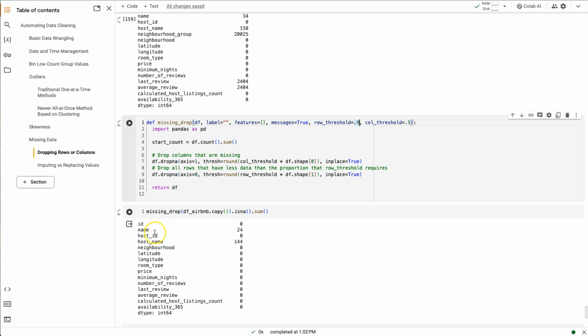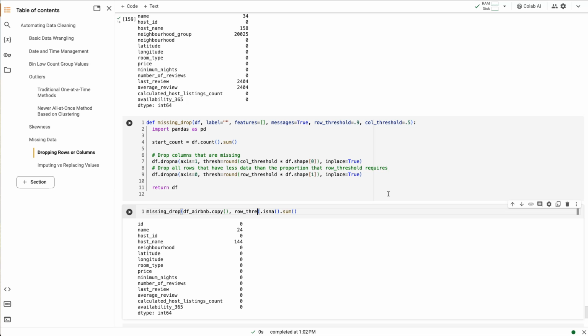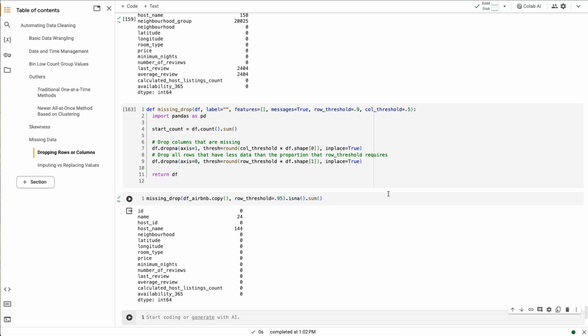If we wanted to get rid of some more of those rows, we could change that to 0.95 up there, or do this here as we copy it. .95. That one should have gotten us, oh, that means that the 24 missing here are different rows than the 144 missing there. Otherwise it would have gotten rid of those too. If we take it too high, it'll get rid of everything. There we go. But I just want to demonstrate how that works, and we'll leave it that way. All right,